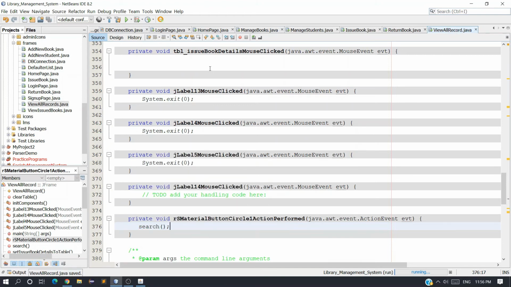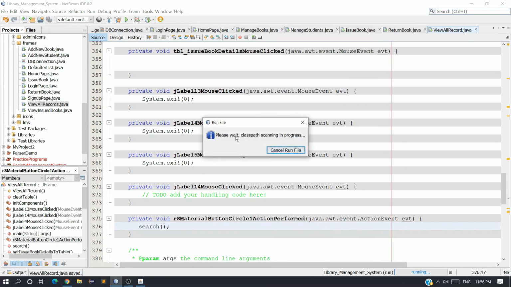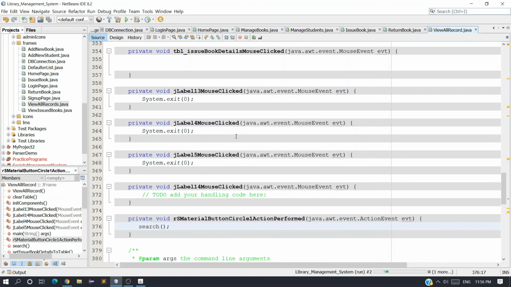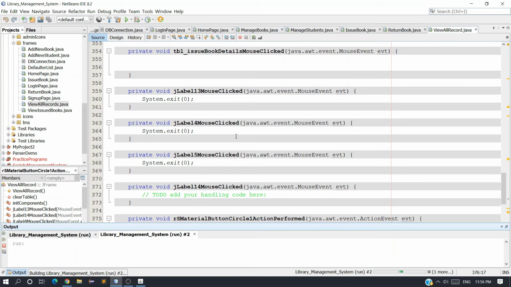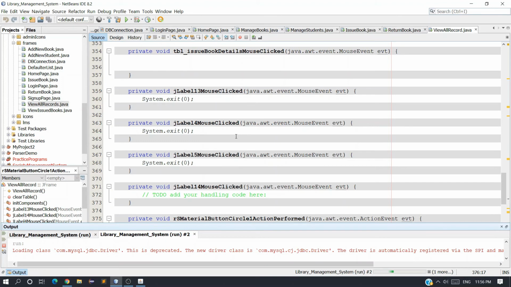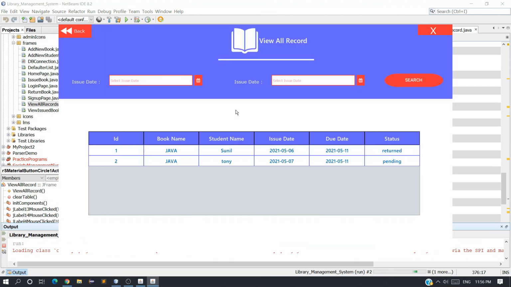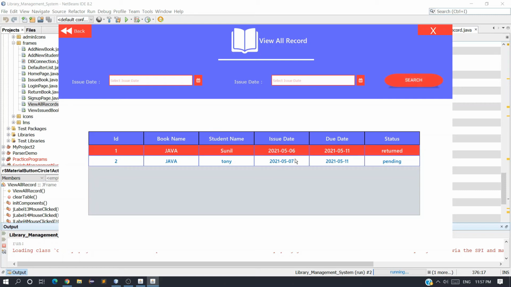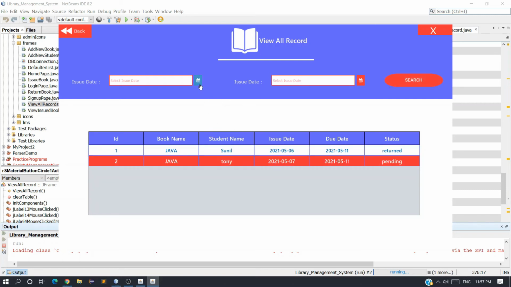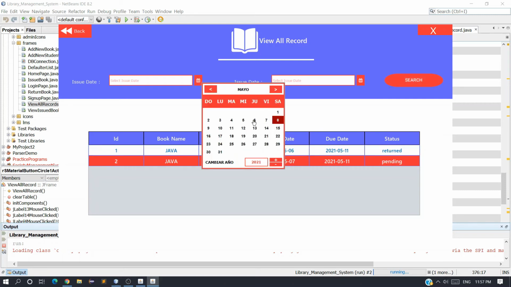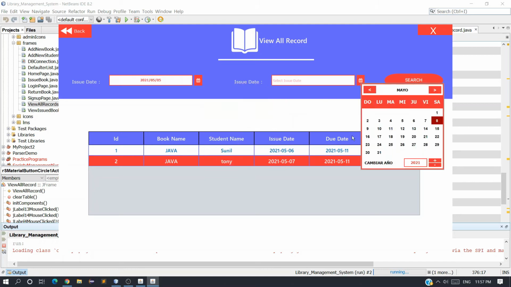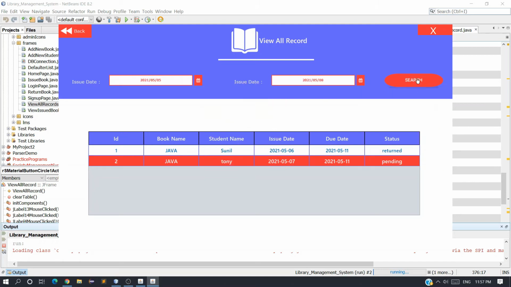Let me check whether it's working or not. You can see we have records from 6th of May to 7th May. Let me select a date, from 5th to today's date, which is 8th, and search.